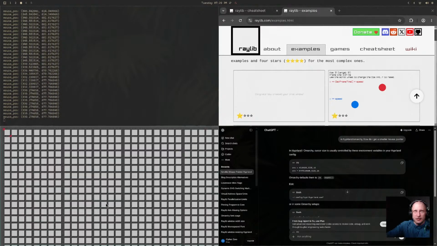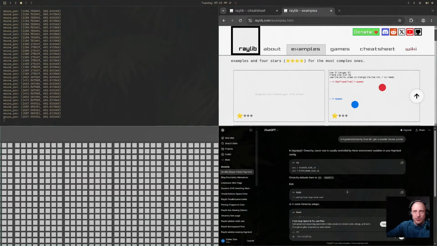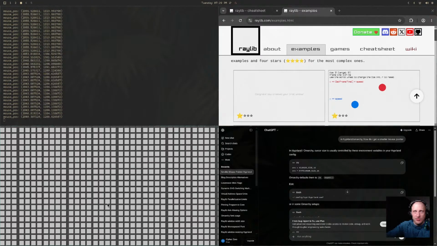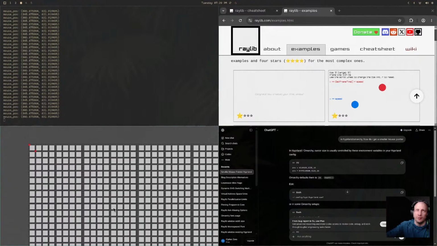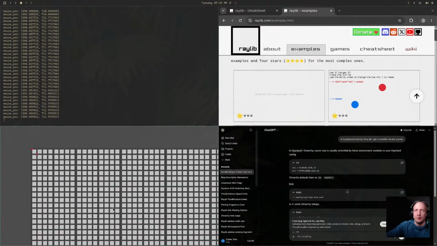Trying to zoom into here. It's just like, okay, that worked. But like, say I want to zoom in on this. You see how it threw everything all the way over there? So